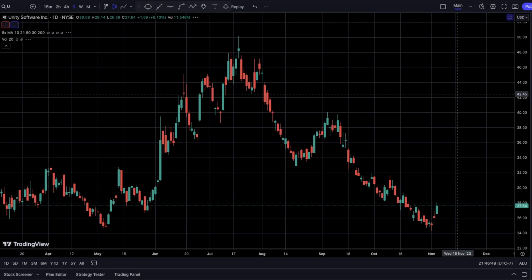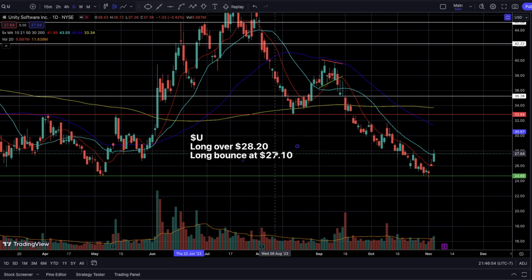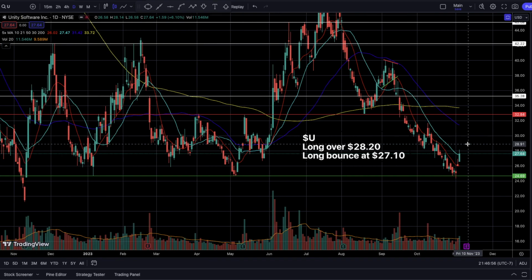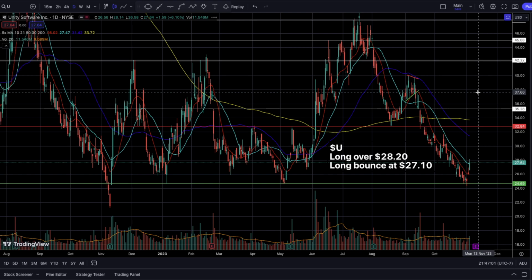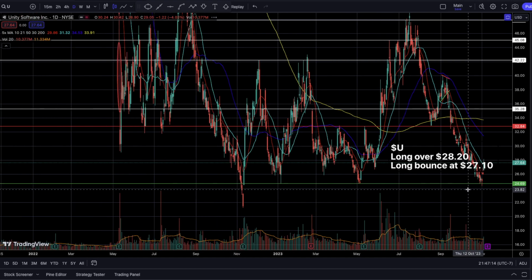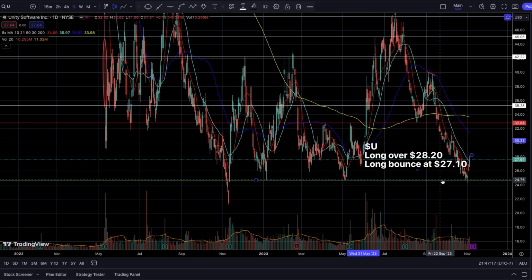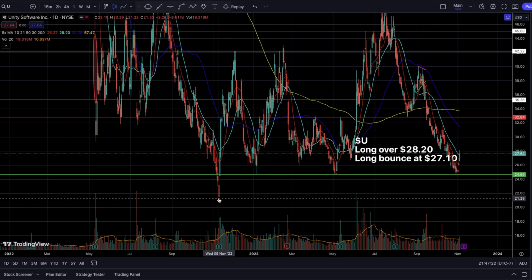All right. Now our second name here is Unity Software. This one is pretty enticing because, number one, out of all the growth names that are just not doing too well, Unity was able to come back down and retest a very major level of support and a very huge area of demand, which is sitting at 24.50. And unfortunately, this is also the area of the previous all-time lows. All-time lows here was on this specific candlestick at 21.22.